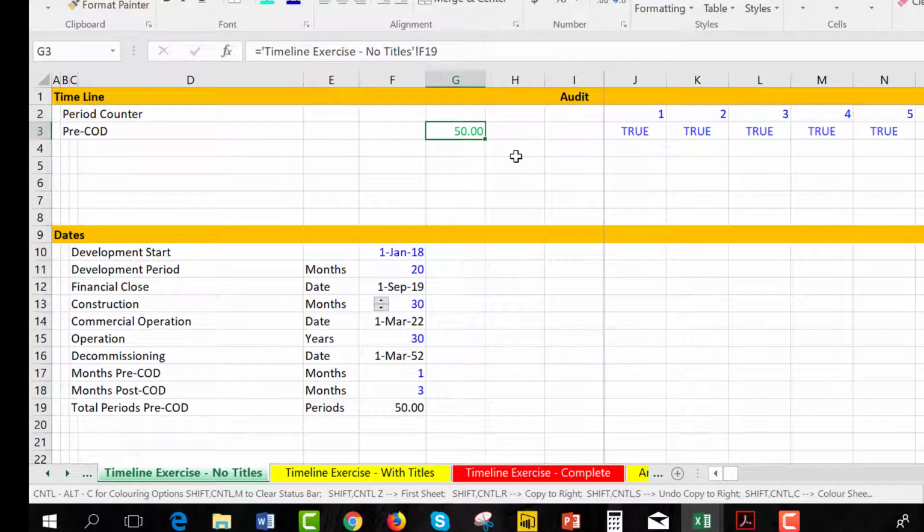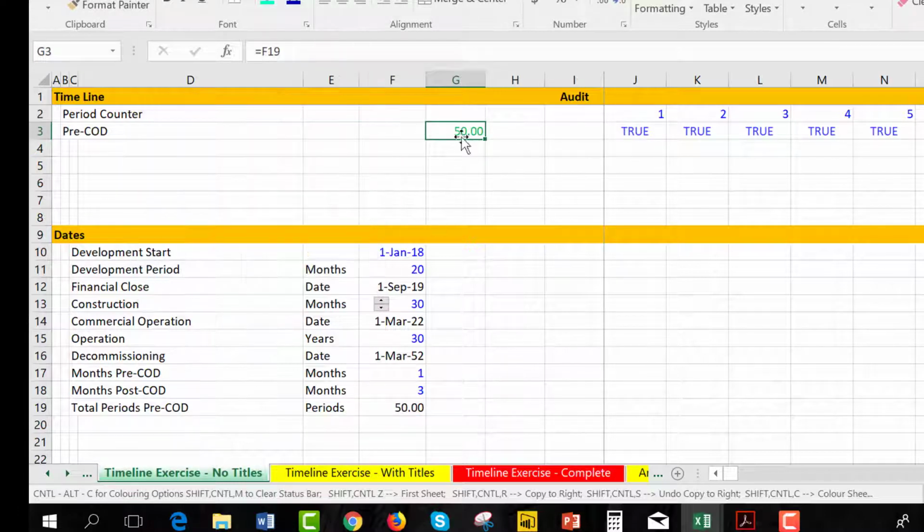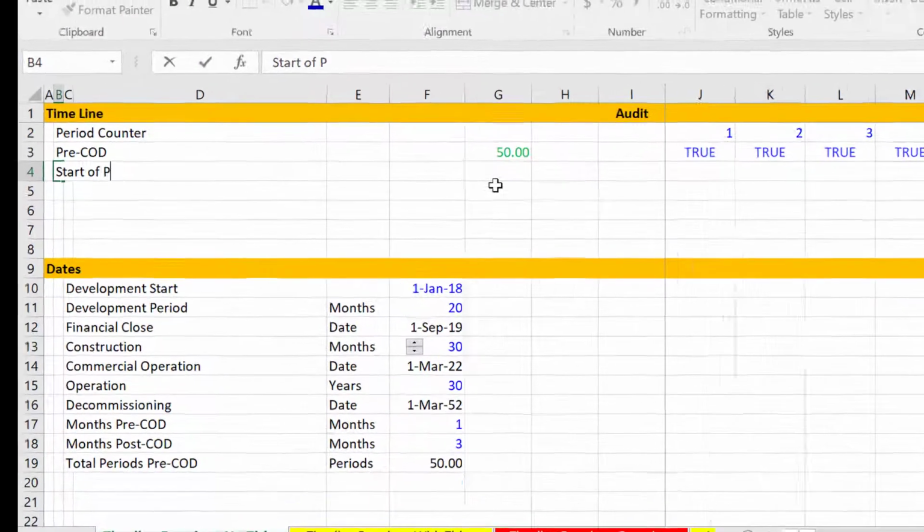And this 50, this shouldn't have been. Oh, I took this. Oh, just a minute. I did something real fancy. When it comes from the same sheet, I made it green. Oh, well. All right, and then now once we have this, we can put the start of period, which always